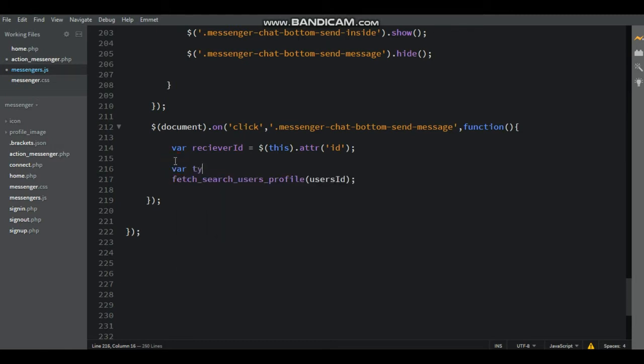Next write variable type equal to, inside the double quotes write text type. Here sending messages is text type.